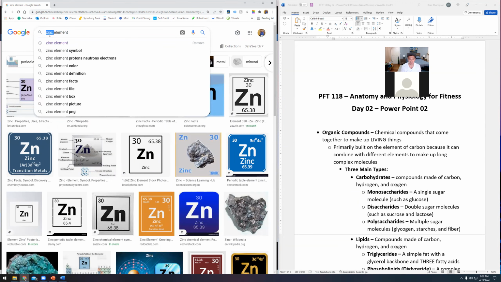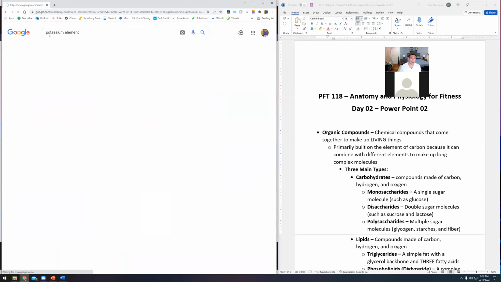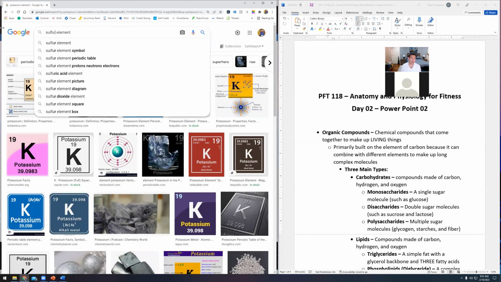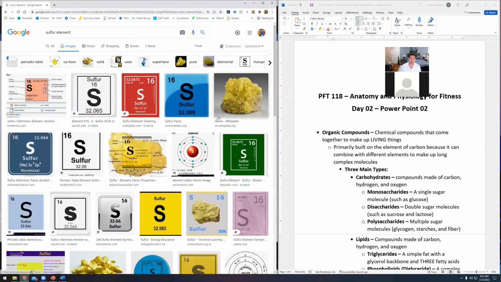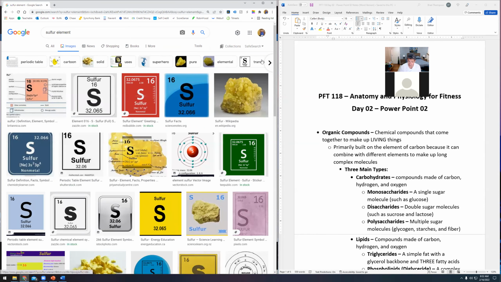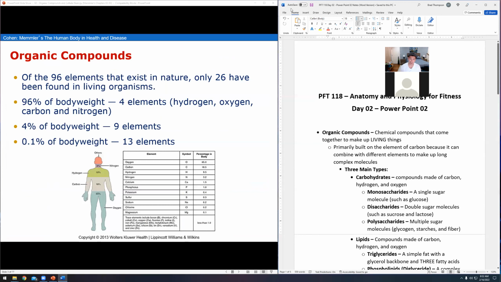You look at potassium, that one's kind of a duller looking color, but very similar, right? Sulfur is kind of fun. That makes up our body. You're made out of the stuff that gives fireworks that kind of smell. It makes fireworks go different colors, that's how they do that. They add a little bit of iron to the sulfur, boom, you get a red firework. You add a little bit of, I think it's zinc, you get a blue firework or a green firework or something.